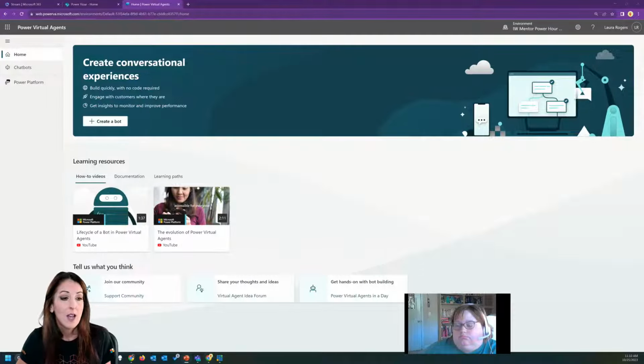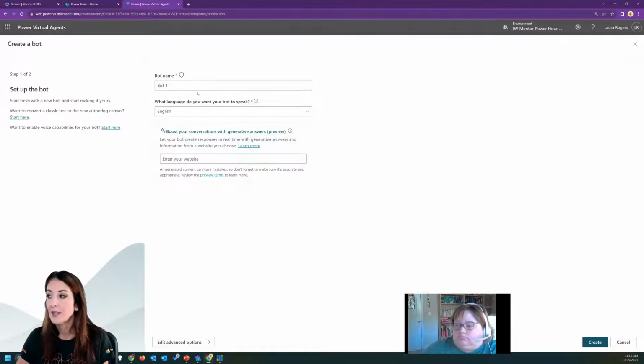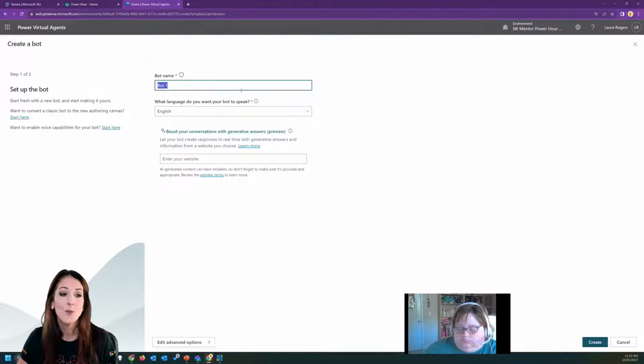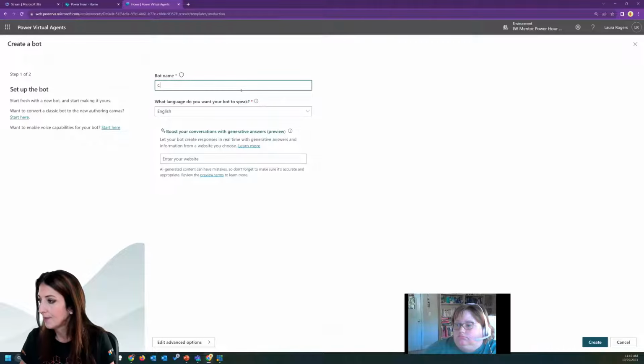We'll go through this process of creating a bot. I kind of went over the concepts with you, so I'm going to go through a few steps of actually building this out, and then we'll talk more specifically about the action inside of the bot to go ahead and call the flow. So you have to have a reason, of course. Let me go ahead and I'll call this